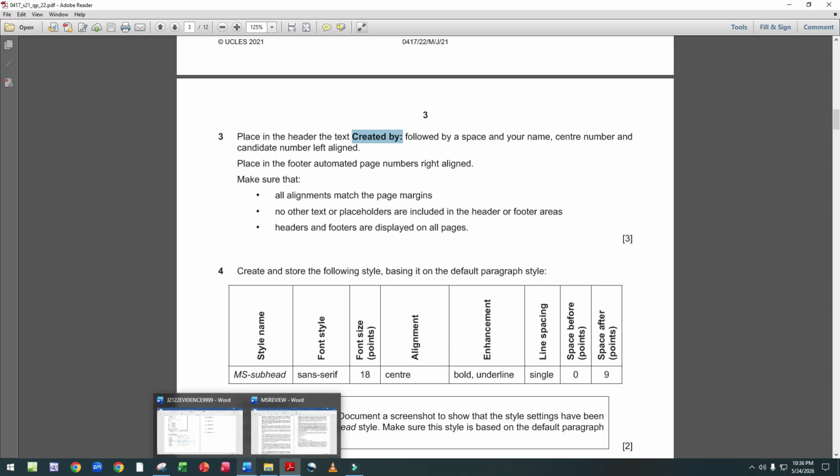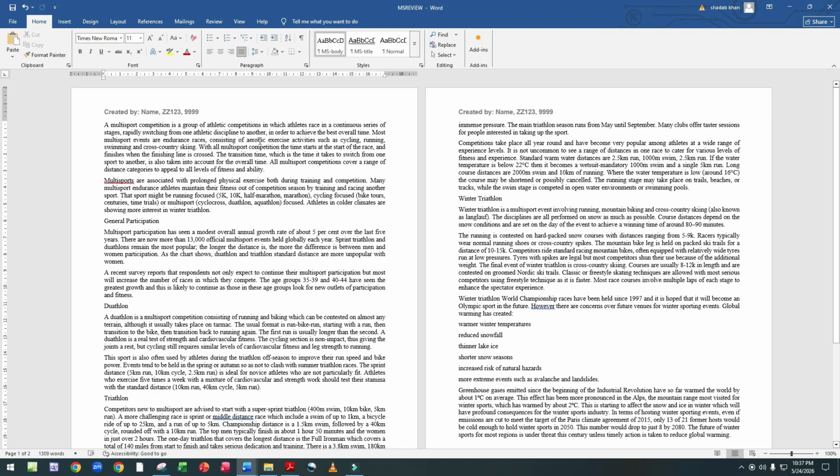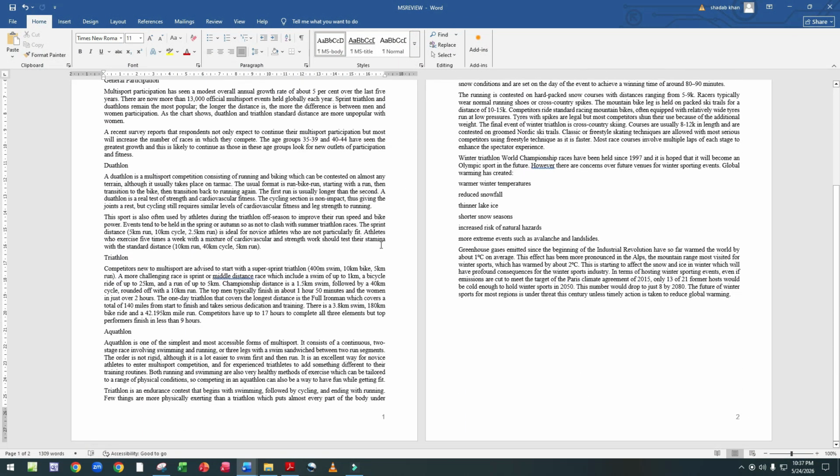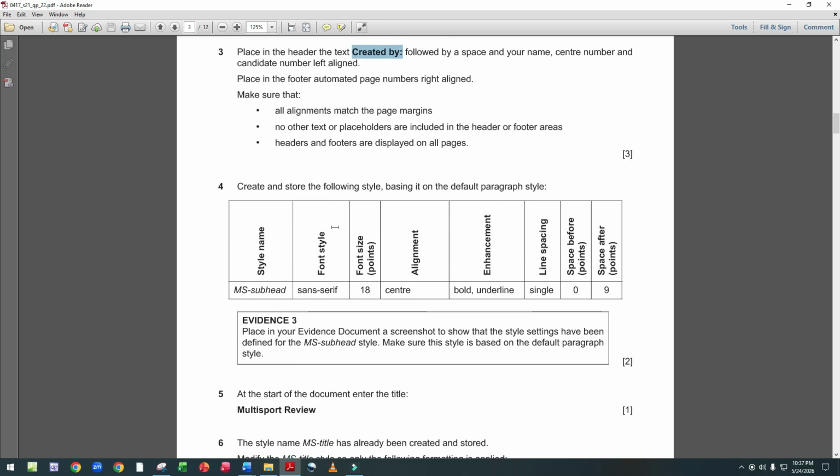Now we check that all alignment matches the page margin and all information is visible on every page of this document. Here all information is applied in the correct way.